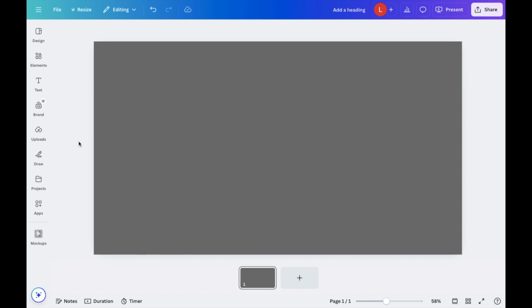So in this Canva tutorial video, I am going to be showing you guys how to set an image as a background here on Canva using Canva desktop. So once Canva is opened up, what I want you to do is to first and foremost add an image